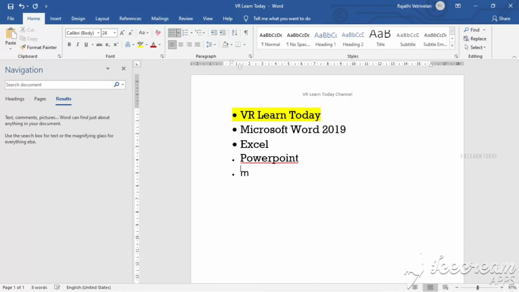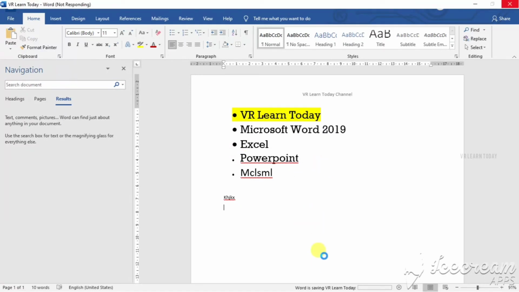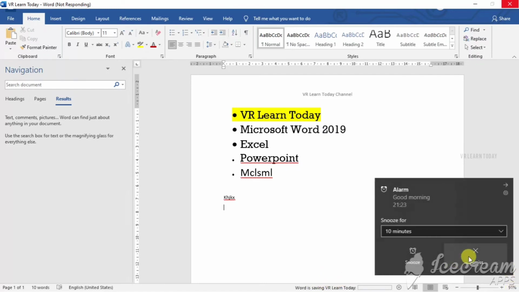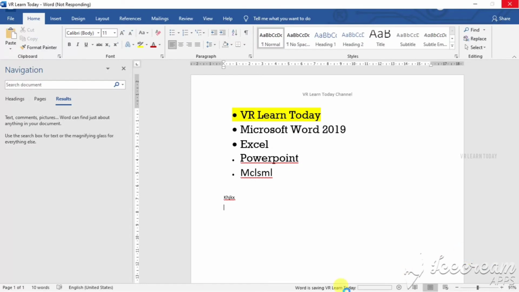If you type anything, the editing after the save is not saved, so you have to click the Save button here, or else press Ctrl+S on the keyboard. So three methods are used to save: File, Save; then Control S; and then the Save icon at the top.